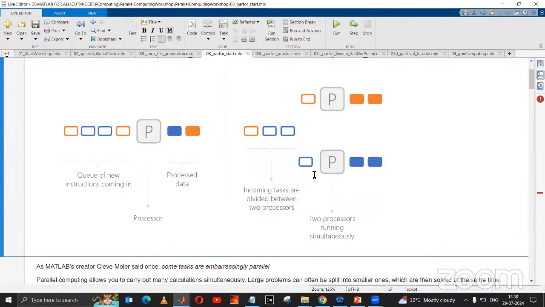And the simple thing is that while it is processed simultaneously, it will take less time in comparison with the single processor. So basically, in the case of traditional computing, you can see that there is a single processor. The sequential execution will be there,